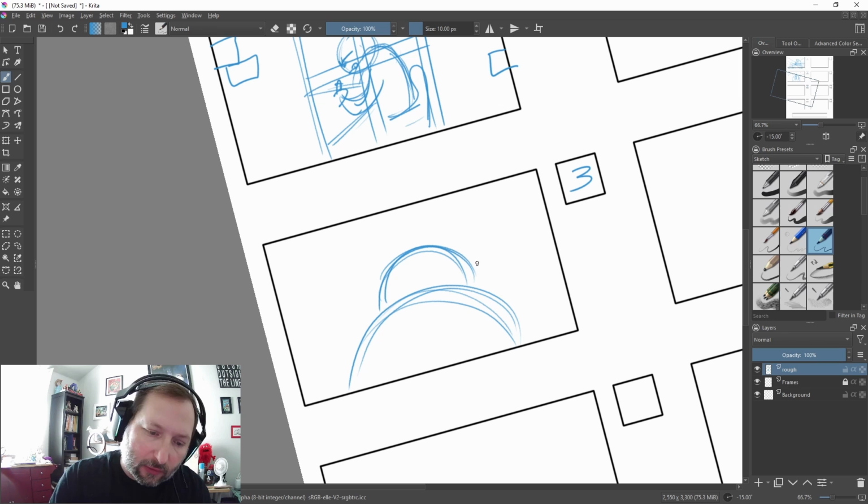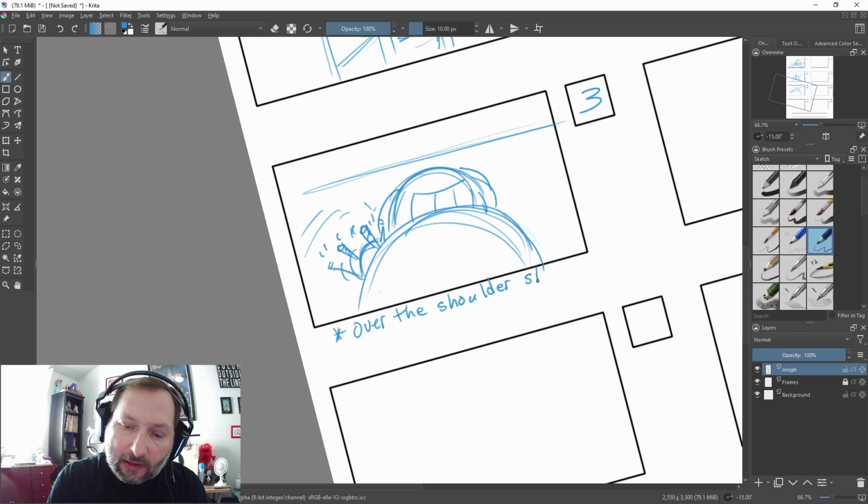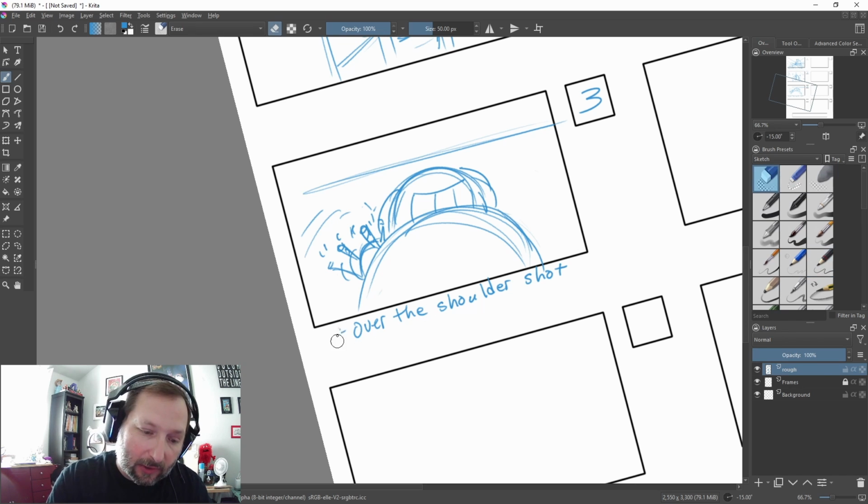So now we're over the person's shoulder, and they have a pencil, and maybe they're scribbling really fast. Okay, and sound effects help. So this is where we could make a note, right? Over the shoulder shot, or we could write cam. That might even be better to describe what the camera's doing. Over the shoulder shot,